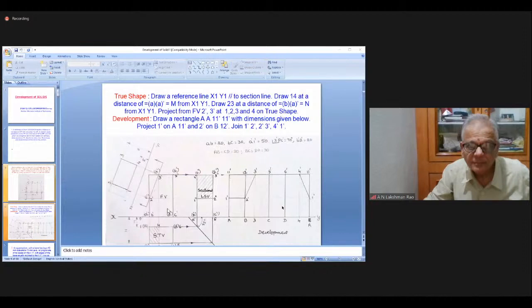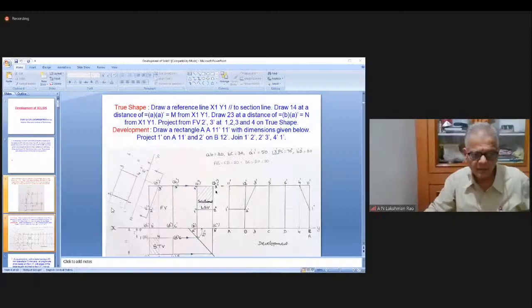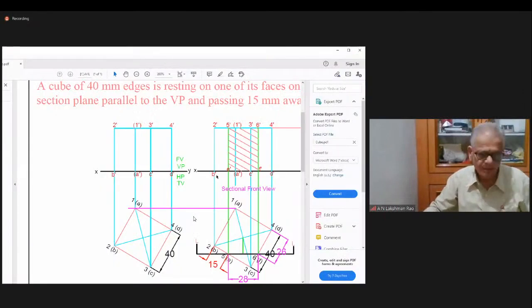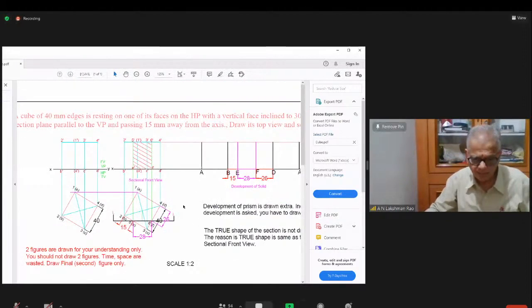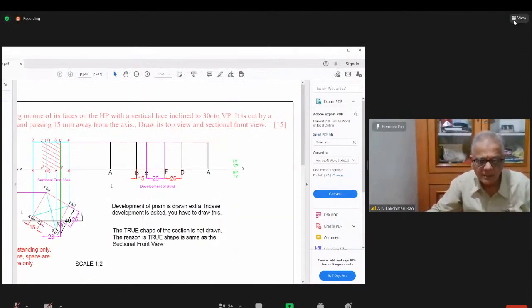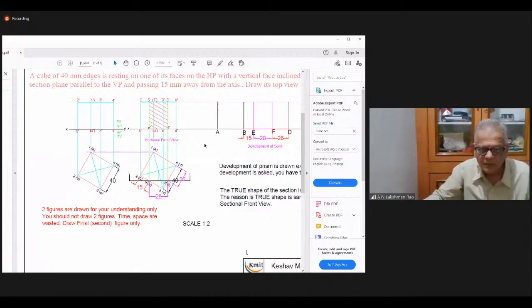No, this one is needed. Reduce its size. I'm reducing the size now. I can't show complete. Yes. Now, this is the figure. So, viewers,